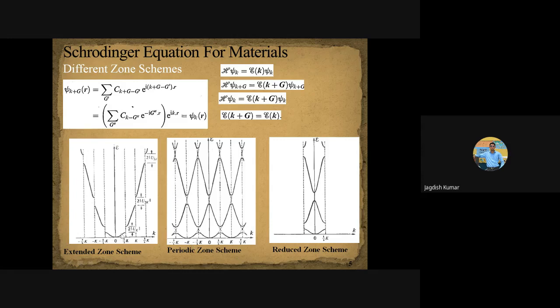Then you may say, okay, this is fine for 0. If I take any point somewhere in between, this one, I hope you can follow the cursor. You are able to see this. If I take somewhere in between, then the energy corresponding to this will be this one. Right? E of K plus G. I have to add G actually, 2 pi by A. So if I add 2 pi by A here, I will find this one. So this is how you can say that the energy of the electron in higher Brillouin zones is going to look like this.